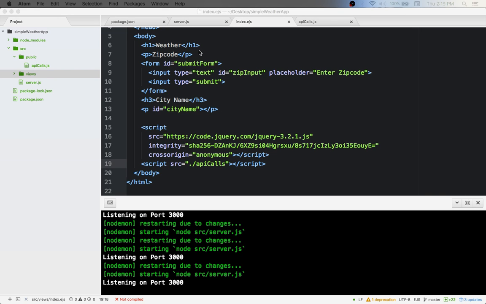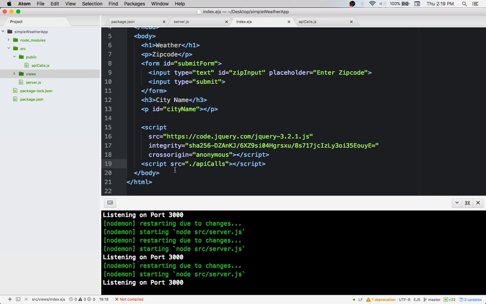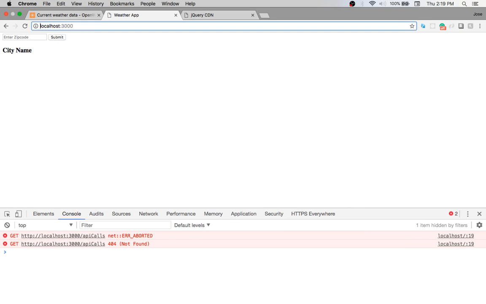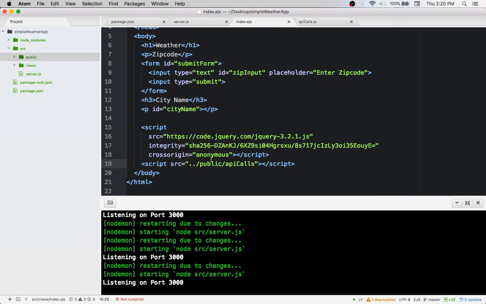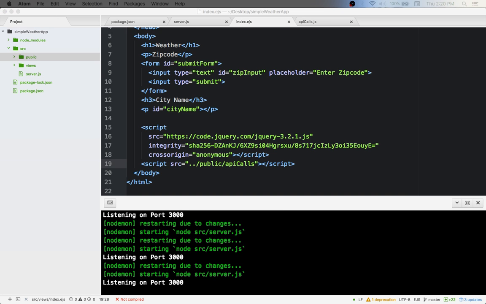Okay, so right now we're just trying to link to our API calls, which right now we're inside of what, views? So maybe it's because we want to go outside of views. Once we're inside of views, go into public, and then once we're in public, do API calls. So we're still getting localhost public API calls. So let me look at maybe other projects that I've done to see how